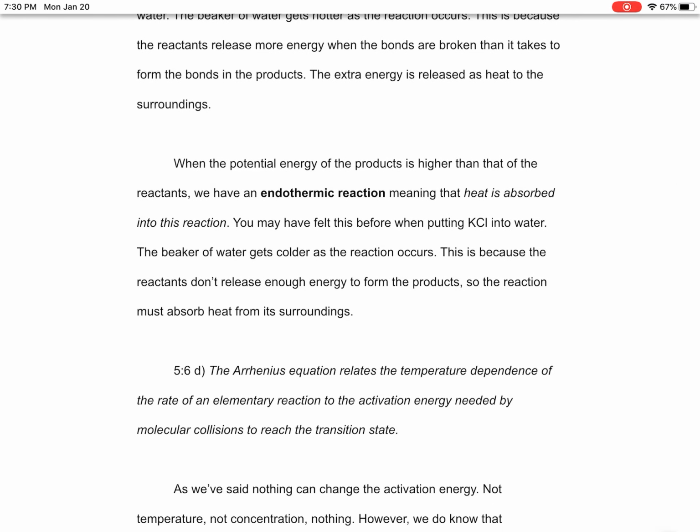When the potential energy of the products is higher than that of the reactants, we have what we call an endothermic reaction, meaning that heat is absorbed into this reaction. You may have felt this when we put potassium chloride into water. The beaker gets colder as the reaction occurs, and this is because the reactants, when their bonds get broken and they release energy, it's not enough to form the products. And so what the reaction has to do is it starts to steal energy from its surroundings, making them colder and getting enough energy to form the products. So that is